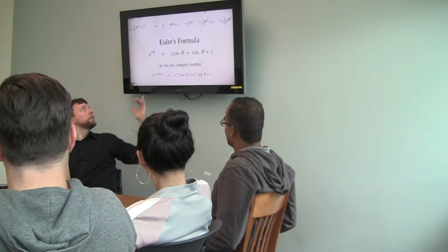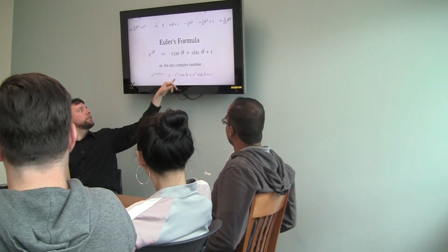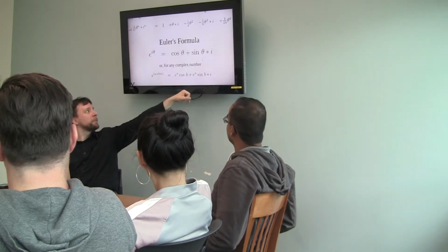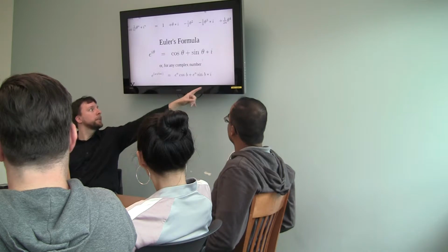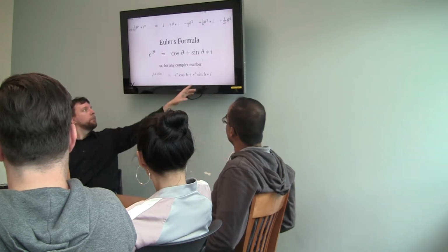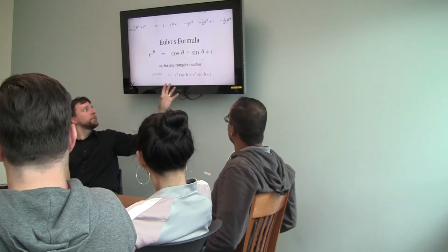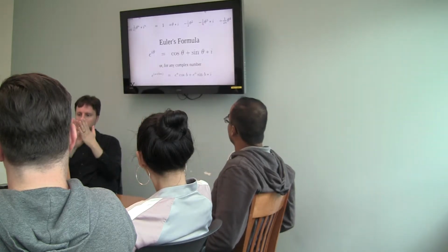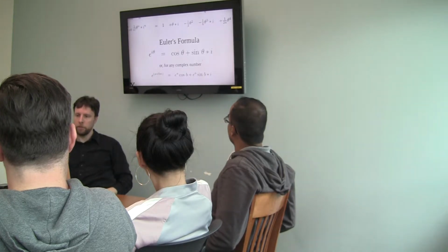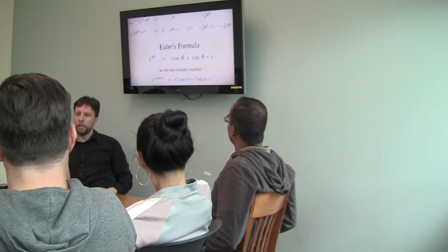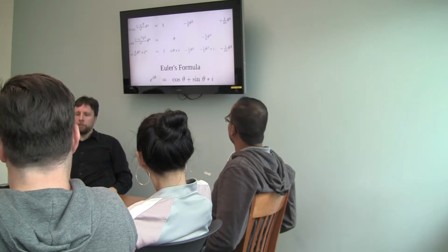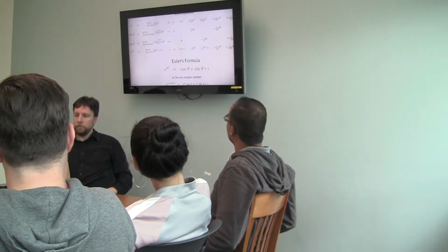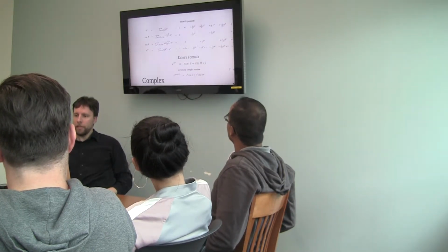And if you want to take any complex number, you can basically take e to the real part, cosine, e to the real part times the sine times i. Now I'm being explicit about the times i here, just so you can see it a little bit easier, but later on I'll just do the usual multiplication where you put two values right next to each other. This is a really counterintuitive formula. I really didn't believe it at first when I encountered it for the first time.